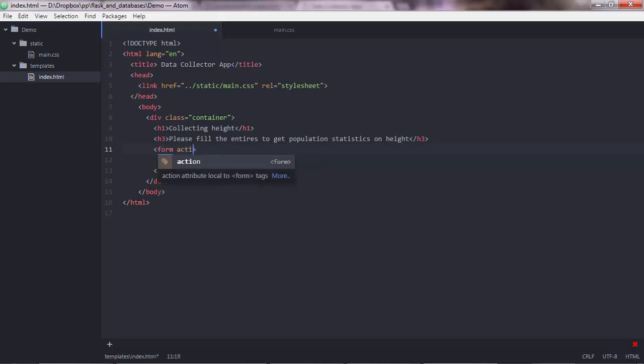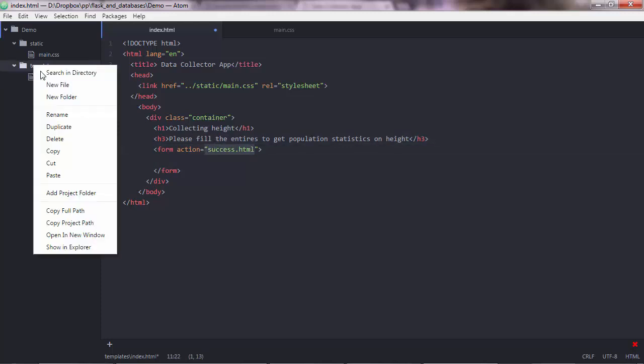So you need to perform an action after the user presses the button of this form. When the user presses the button of this form, what you want to do is go to this URL, which in this case is just a file that we'll be creating in the templates folder. So here we'll have a